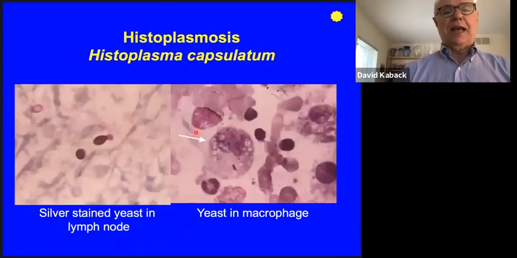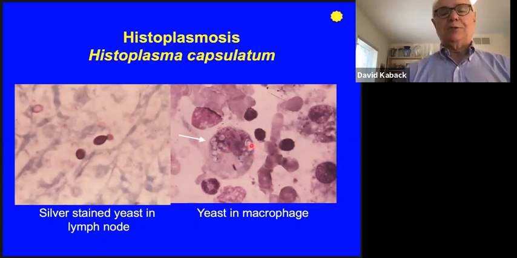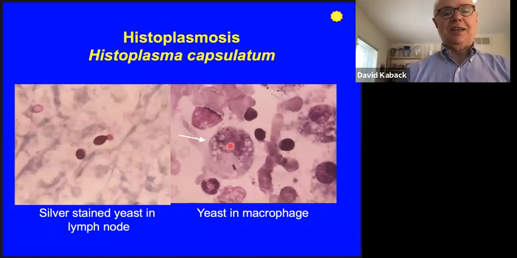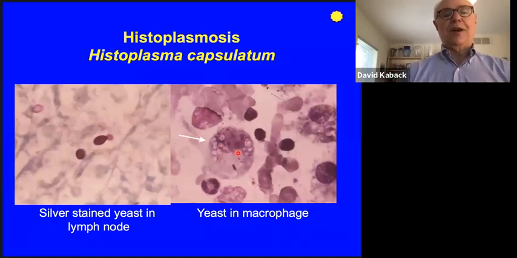Now, histoplasma is really good at growing intracellularly. It is a facultative intracellular organism, grows within vesicles shown here, but can also grow within cells. One of the things it does is produce a lot of ammonia, which raises the pH in these vesicles, and that prevents the lysozyme from acidifying and killing these guys. So it's got an effective way of dealing with that. So we find it intracellularly growing within macrophages and other kinds of cells.